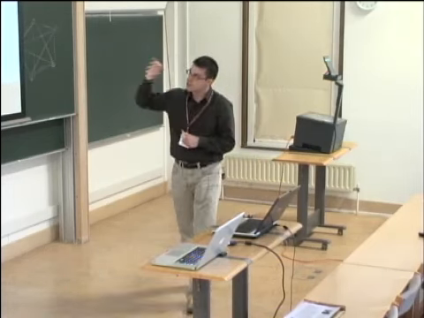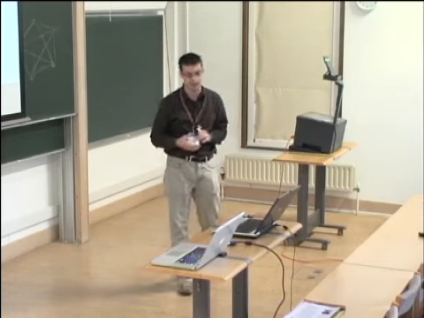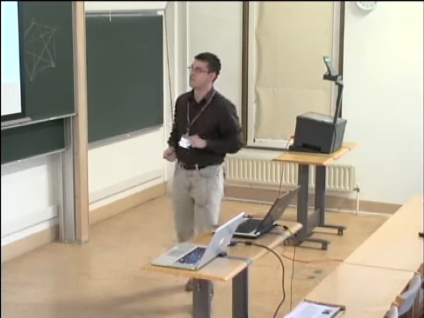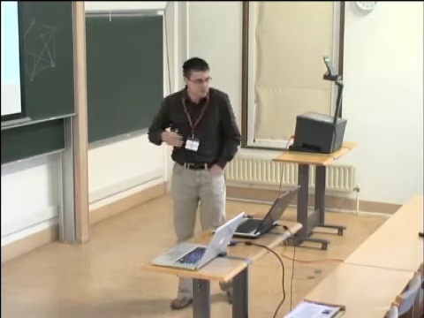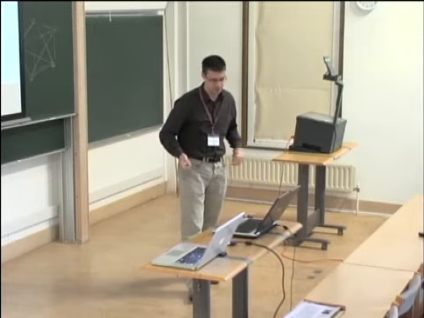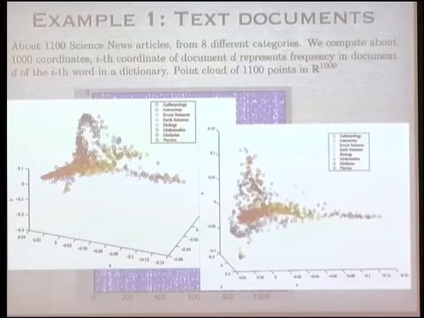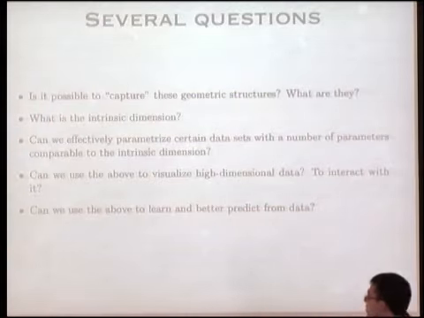And I also color the points by topic. So there are documents of different topics in 9 different fields, and you can see that different colors tend to lie in different regions of space, very, very roughly speaking, which bodes well if you try to do some sort of clustering or things like that. And here is a different projection where you turn things around and you navigate a low-dimensional representation of that data. You also see that there are sort of low-dimensional structures, and you can ask lots of questions about this type of data.